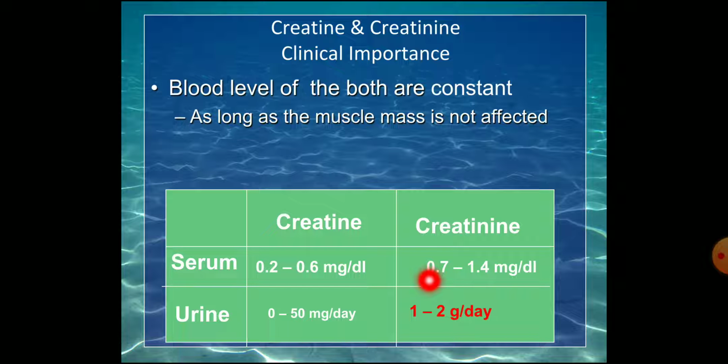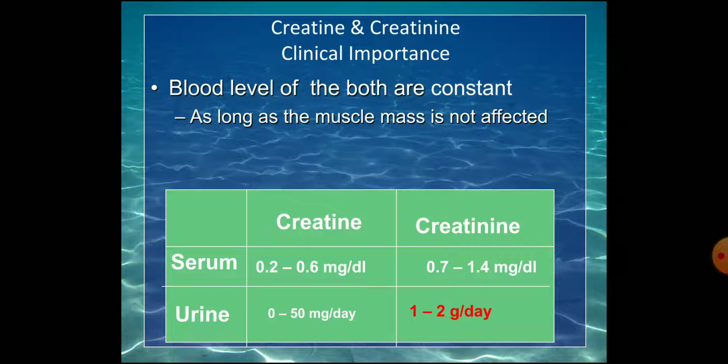Usually urine is expressed per day, because after collecting 24-hour urine, we estimate either creatine or creatinine. So creatinine over 24 hours is 1 to 2 grams per day. Serum creatinine level is 0.7 to 1.4 milligram per deciliter, which is the